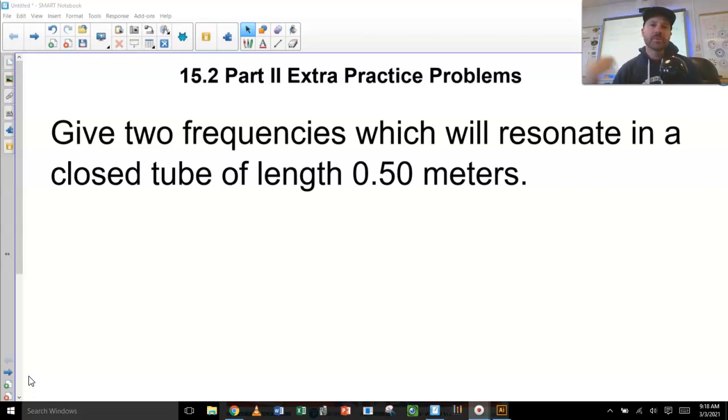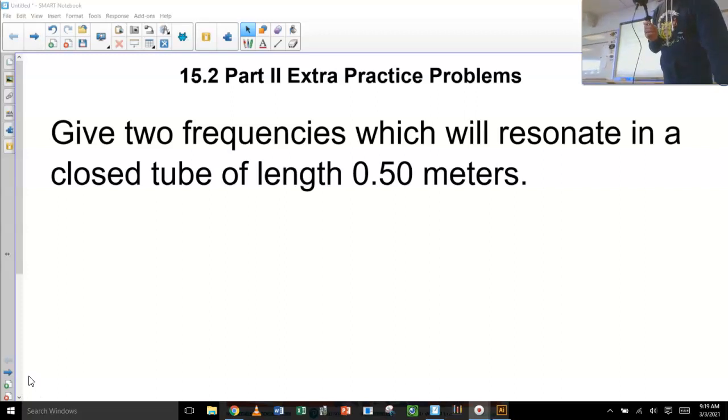So we're going to rip through these. There's 4 questions, and I'm going to go through them just so you have an idea of how I solve some of these problems. Let's get started. All right, number 1, it says give 2 frequencies which will resonate in a closed tube that has half a